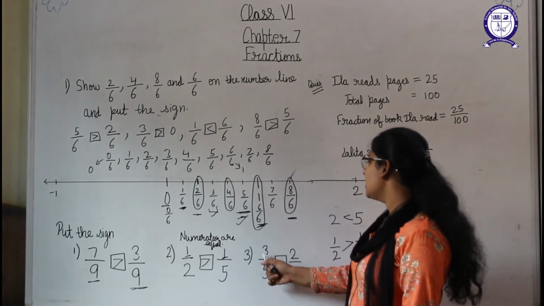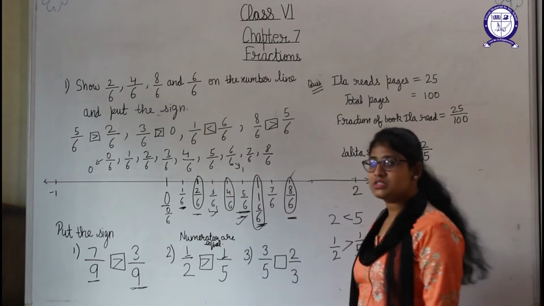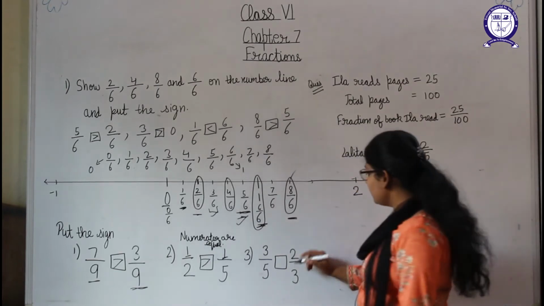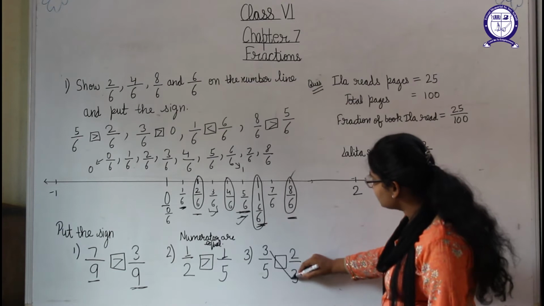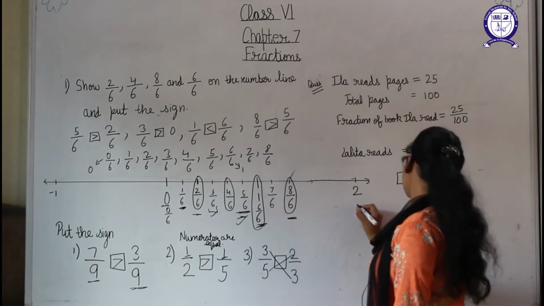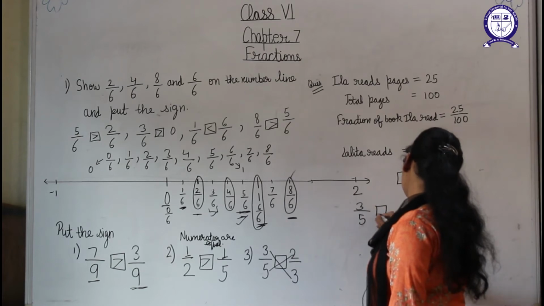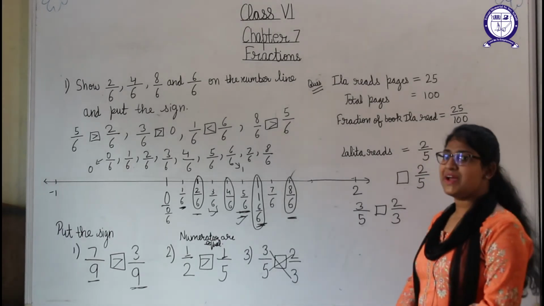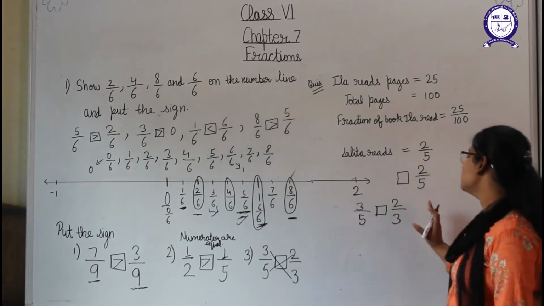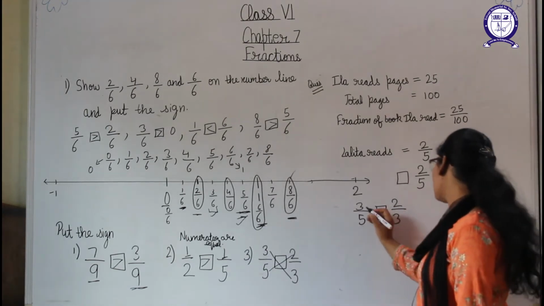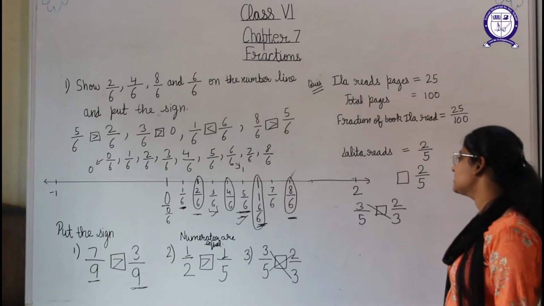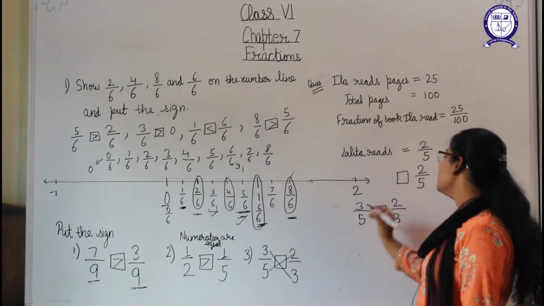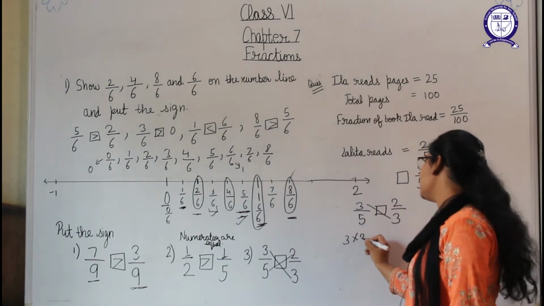In this, if you will see here, numerators are not equal and denominators are not equal either. Okay. So in this type of case, what we do, we have to do the cross multiplication like this and this. Okay. I am writing it here, 3 by 5 and 2 by 3. So either we can make the denominators equal by taking the LCM, or we can simply do the cross multiplication. Okay, so how we do the cross multiplication, we will multiply the numerator of one fraction and the denominator of the other fraction, and we put it like this, 3 into 3.